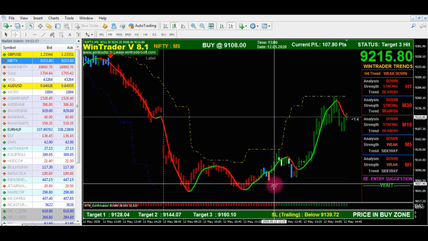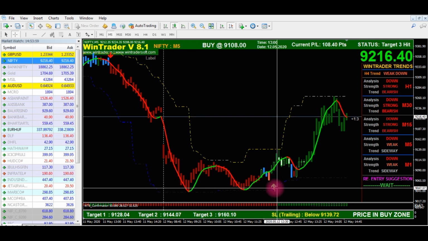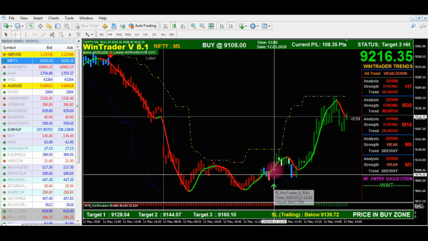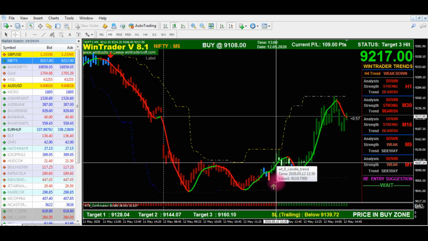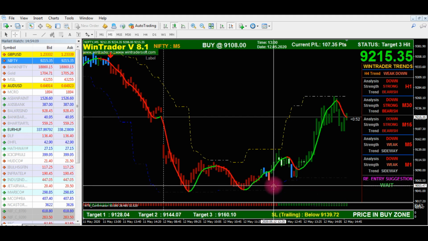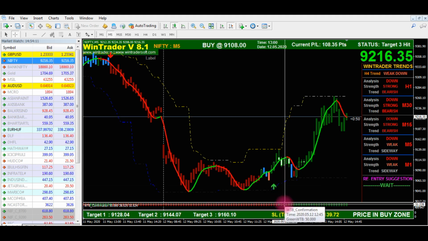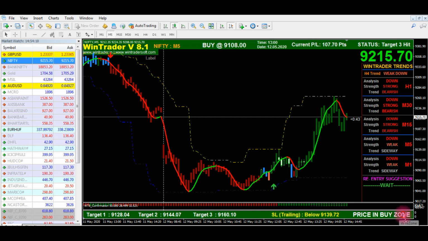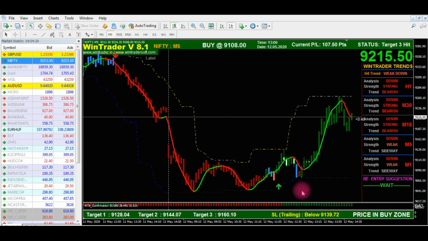Today a new signal was generated with a green arrow, a green buy signal, and we earned profit from it. Before entering a signal, we need to confirm it. Confirmation means that after the green arrow, the bottom band color should be green, and the price should be in the buy zone. We need to check both of these confirmations, and another important thing is the candle color. The candle color must continuously be green if a buy signal is generated.